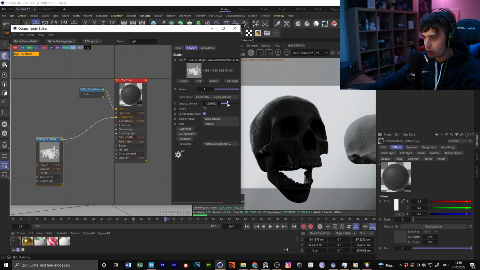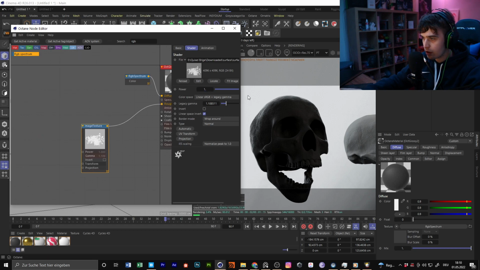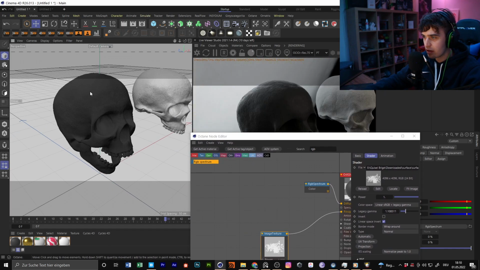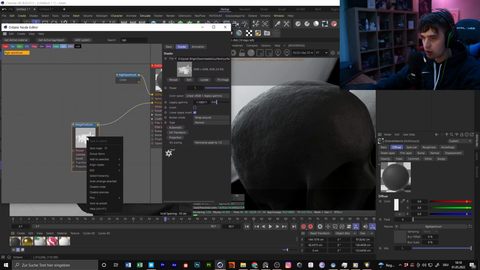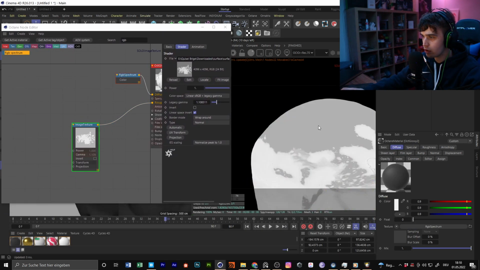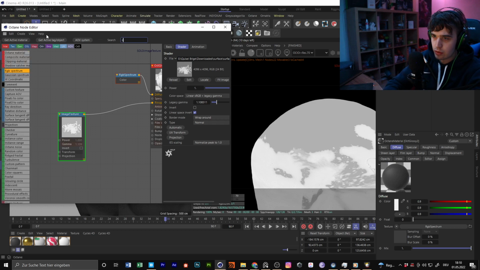So we play with the gamma and with the strength. Maybe try something big. Oh no, okay. Maybe 2 or 1. Okay. It doesn't work that well because we have a gray and a white and not a black and white image, but we can easily fix it with a